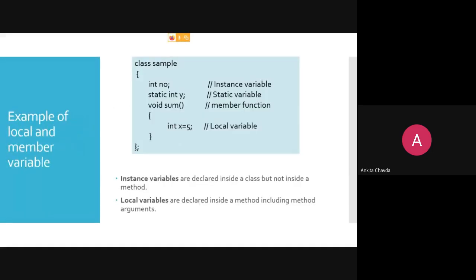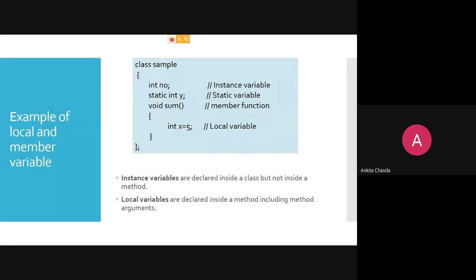Here is the example. Suppose you have an integer number. That is the instance variable, or you can say a member variable. Here you could even have a static variable, right? But static is again an 8-mark question. That is a different thing that we will see in our very next lecture: what is the static data member and what is the static member function? That is the most important question, an 8-mark question. But I'm just showing you right now that you can even have your static variable over here, and that is again known as your member variable. So that is fine.